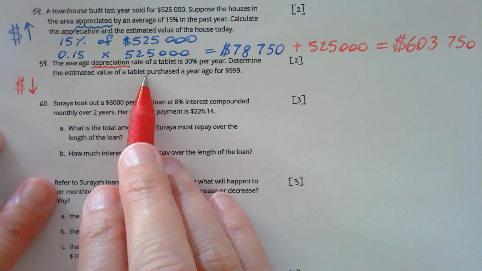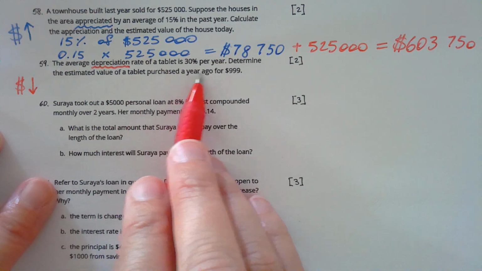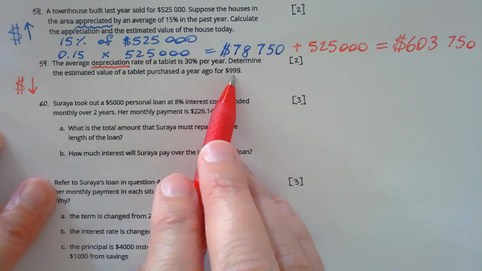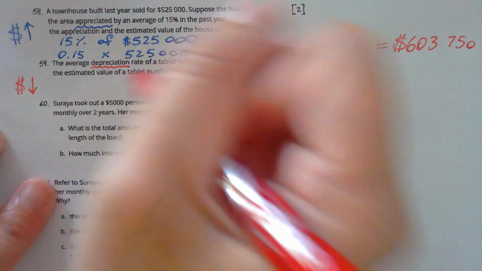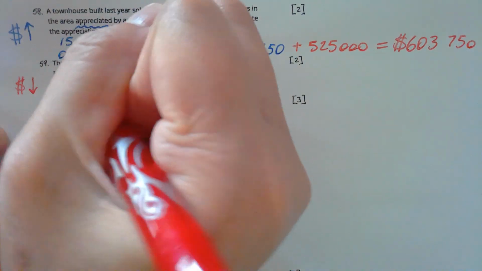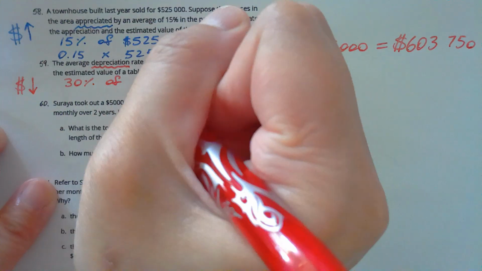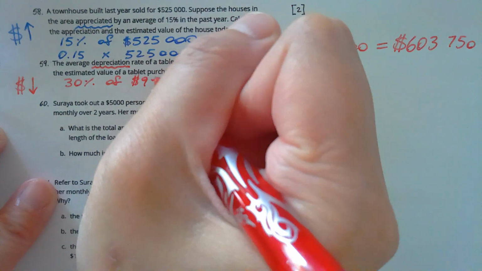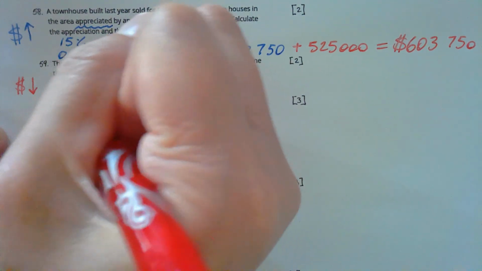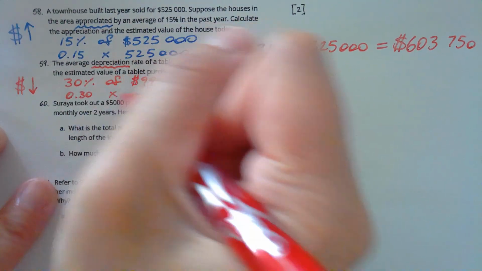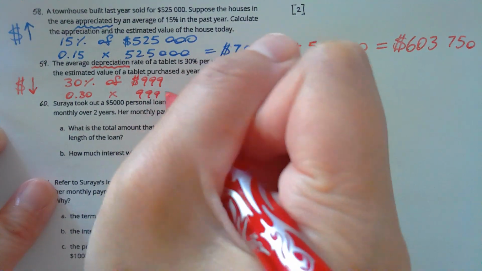Determine the estimated value of the tablet purchased at $999. Right? So 30% of 999. So 0.30 times this, you get